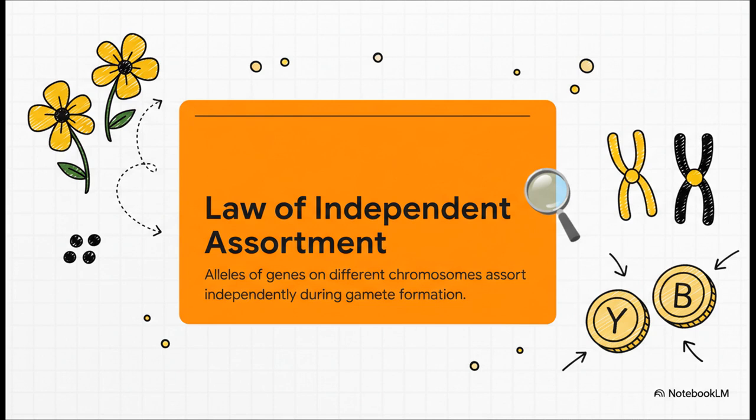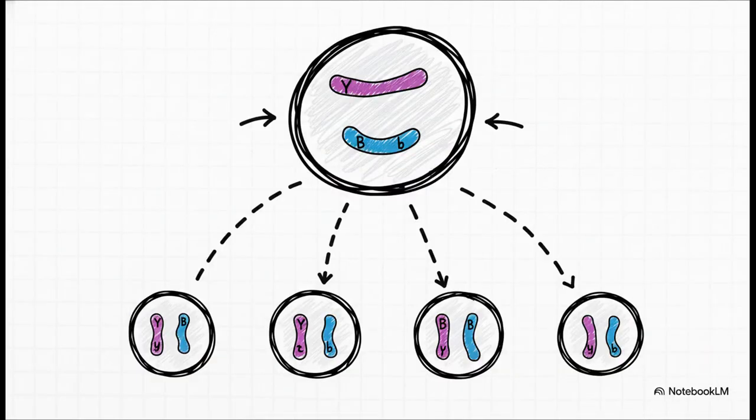This idea is the whole key to predicting outcomes for more than one trait. Now this slide here is probably the most critical step in any two-trait problem, and it's honestly where most mistakes are made. We've got a parent who is heterozygous for both genes, Yy and Bb. Independent assortment tells us that how the Y alleles get sorted has zero effect on how the B alleles get